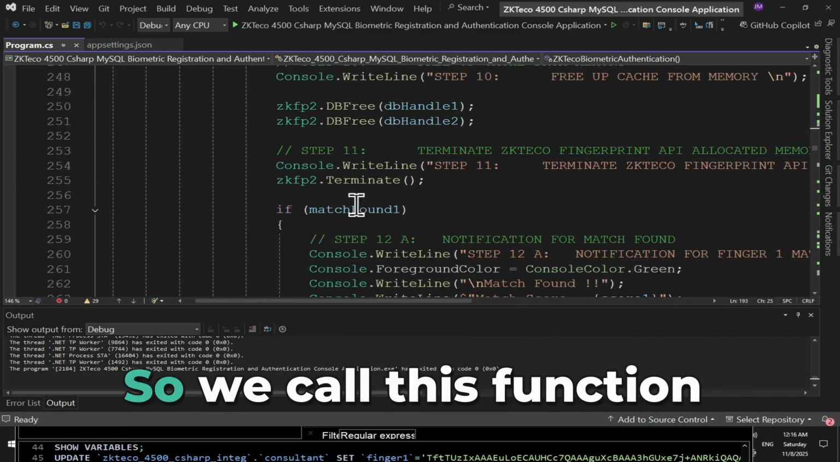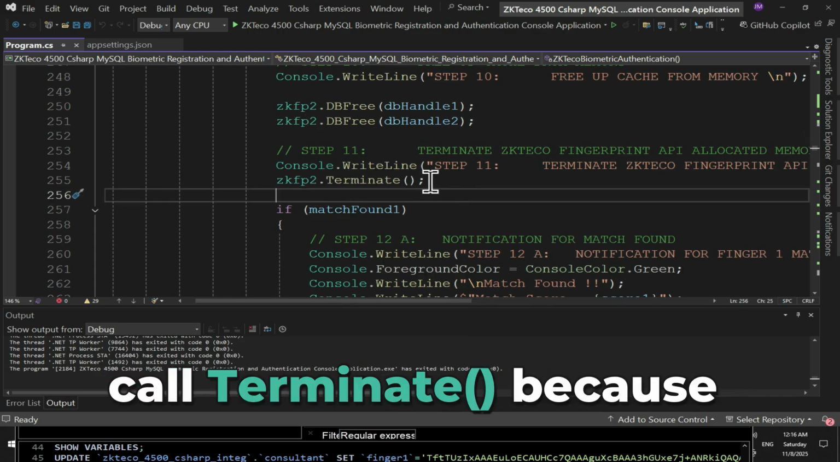So if there is a match, we call this function here, terminate. We call terminate because